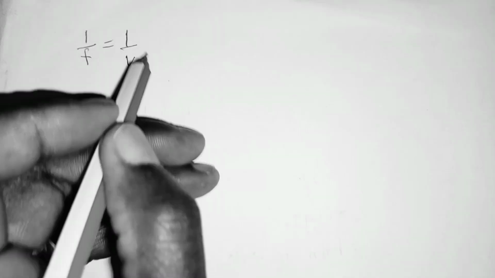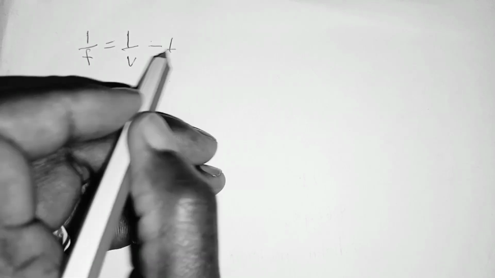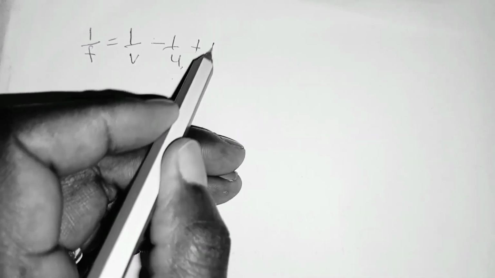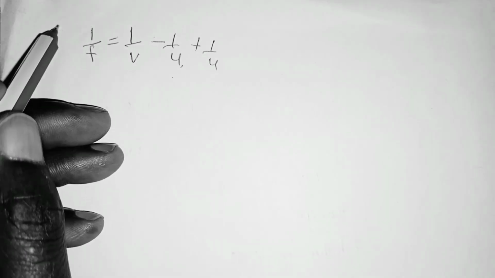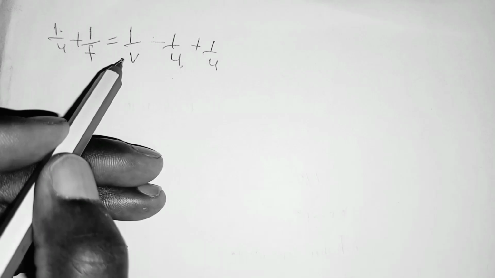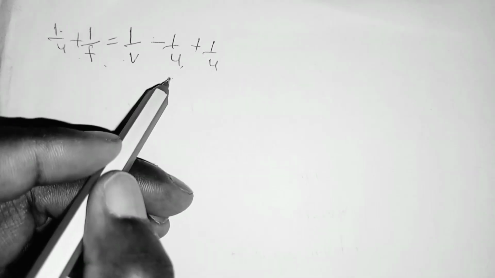Hello everyone, in this video we want to see how you can make V the subject of the formula from 1 over F is equal to 1 over V minus 1 over U. So to make V the subject of the formula, first of all we add 1 over U to both sides. So we add on the left hand side 1 over U and on the right hand side 1 over U,